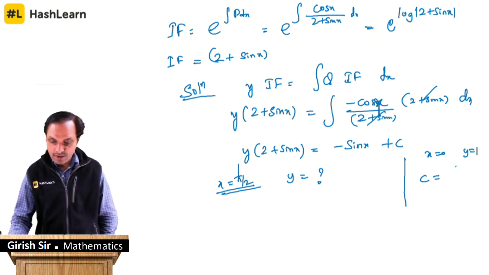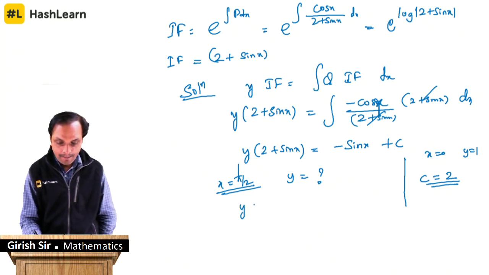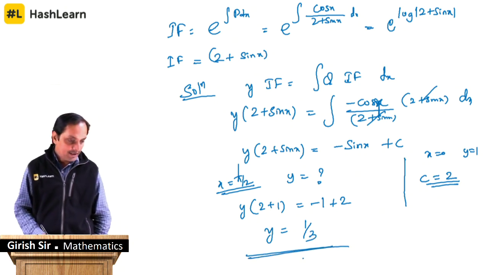When I take, your constant will become 2. तो यहां पे y 2 plus sin 90 is 1. ये हो गया -1 और हमारा कांस्टेंट है 2. So your y will be 1 by 3, which is there in the option